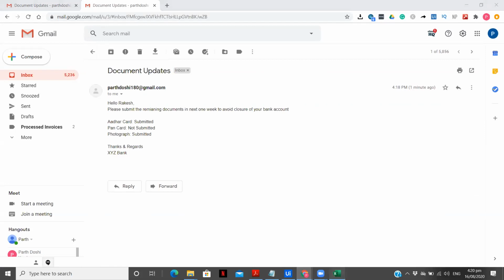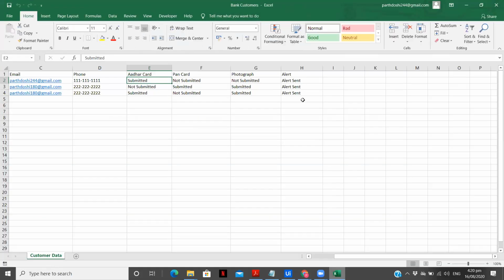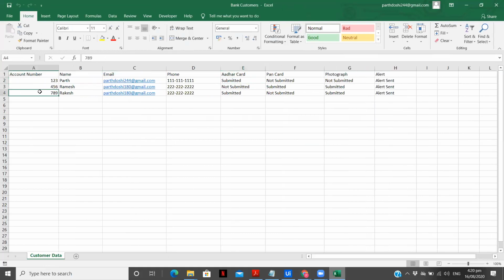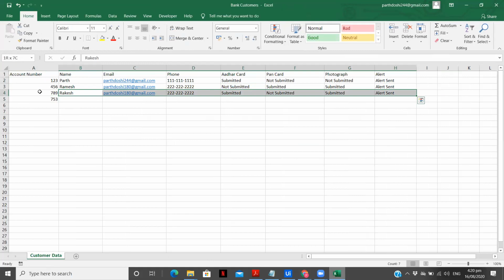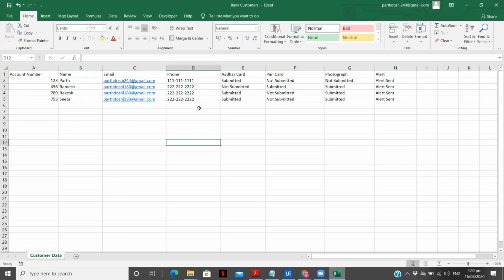Hello Rakesh. Now we can see over here the alert sent is updated. Now let's add one more entry, 753, and let's just copy this data, copy, paste, and let me change the name to Sita. Phone number, no problem, submitted. Let's make this as